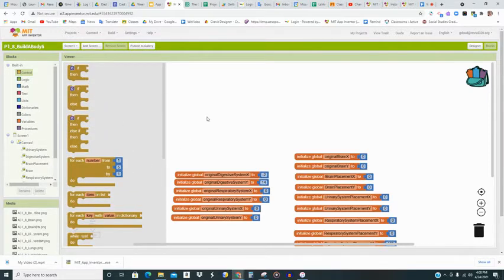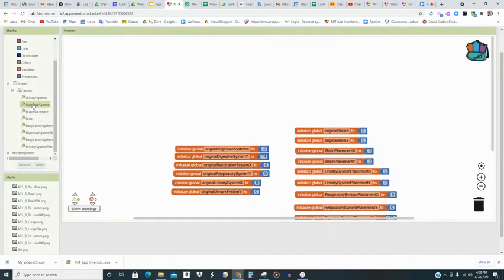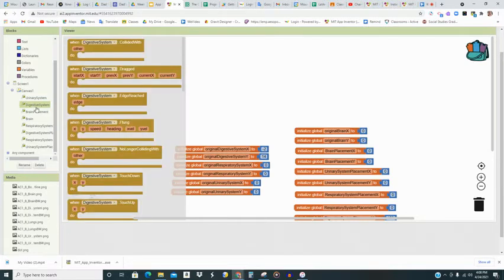And that's why we are lucky that MIT App Inventor gives us some specialized code for each of our sprites and any of the components that we have here. We can call out code for the screen, for the canvas, and in our case, we're going to call out some code blocks for the digestive system. And when I click on that, the menu opens up and I've got some choices here. So I have when digestive system collided with, or when it's dragged, or when edge reached, or flung, or